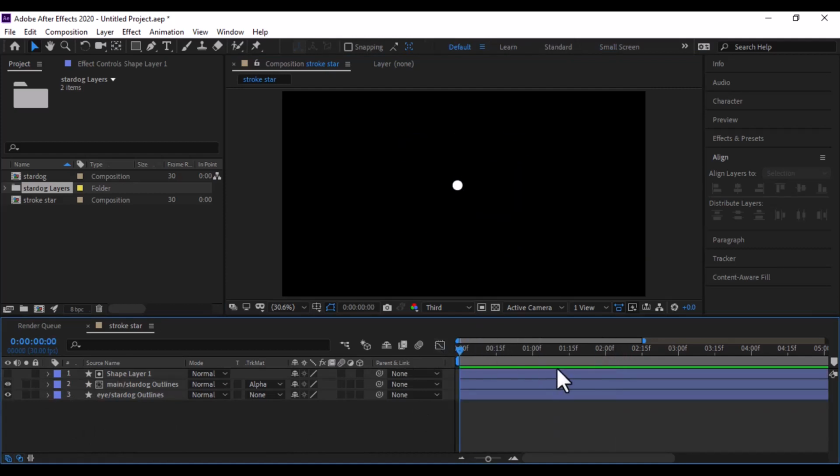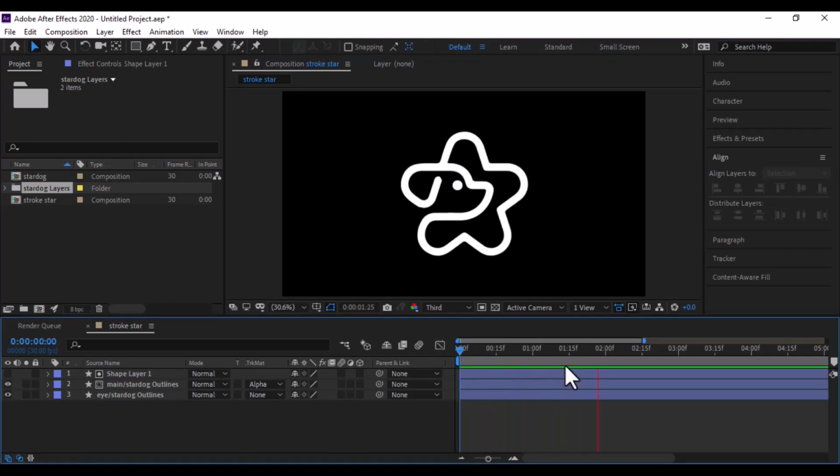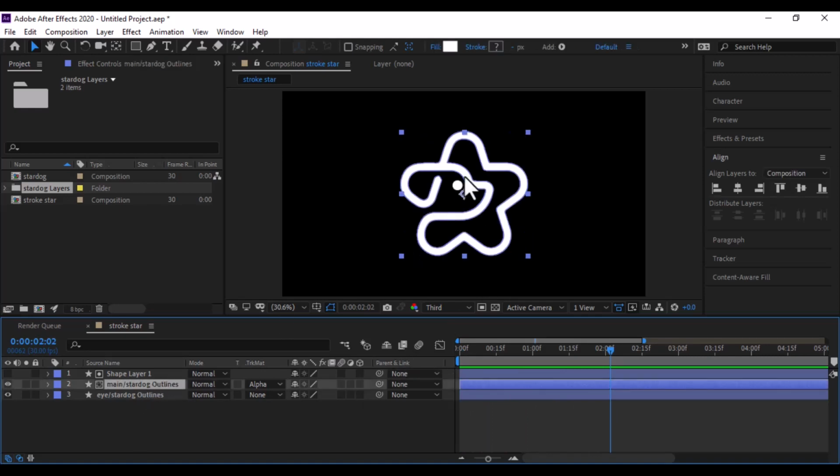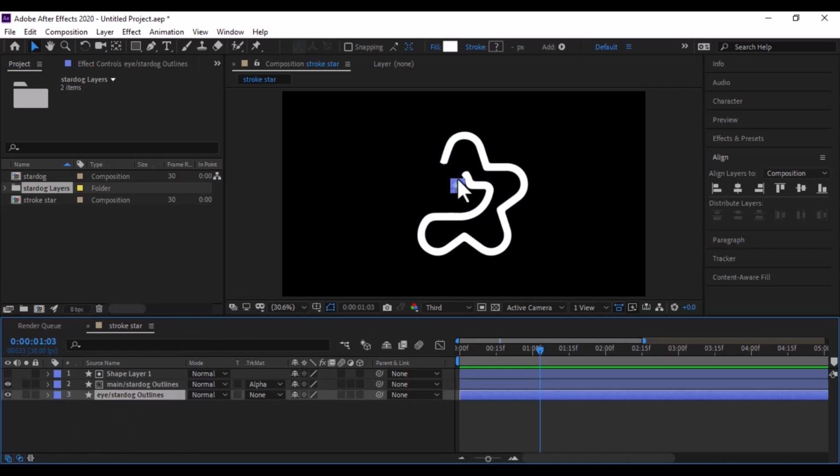Alright, this is what we have. We are done with the main part of the logo. So we have to animate the eye of the beast. So just move it to this area where the head and the ears of the logo is about to appear. So select the eye, zoom in,